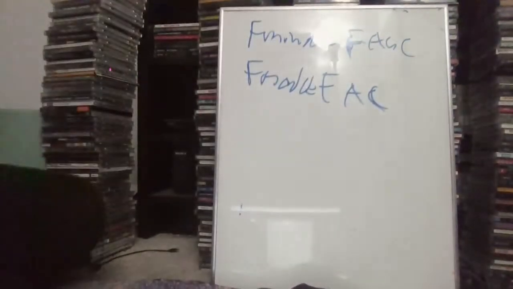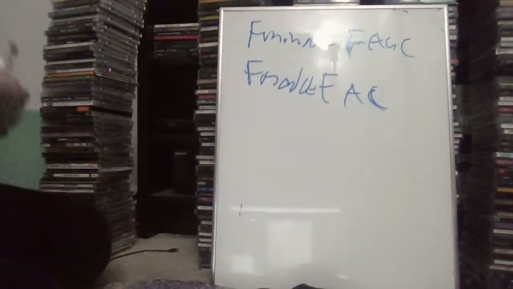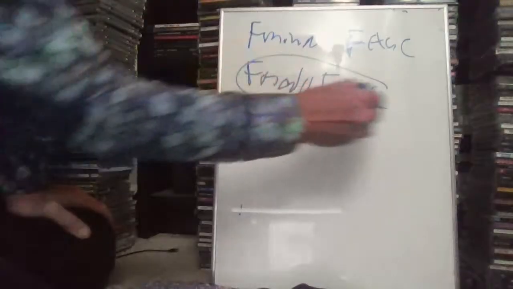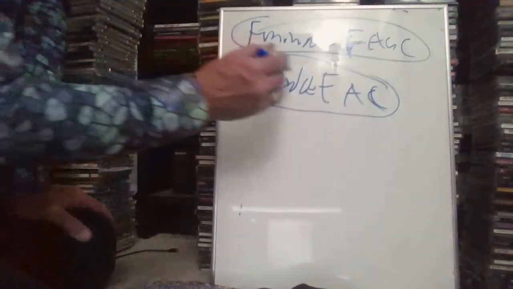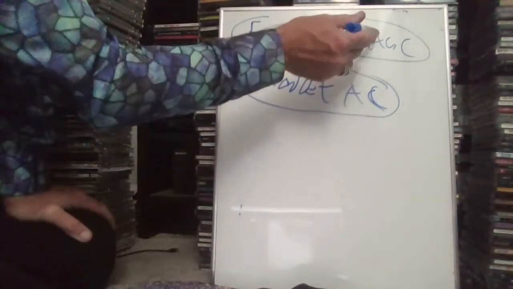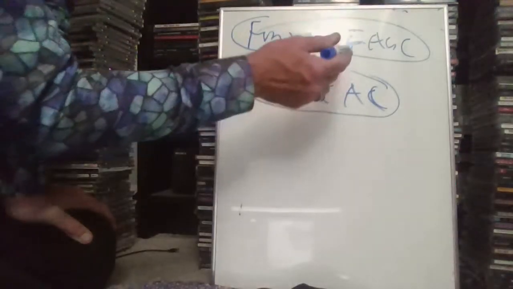All right. So another way of looking at it, the F major triad does exist in nature. The F minor doesn't, but yet if you look at it from the same starting point, a major triad is a minor triad with the third up a half step, and the minor triad is a major triad with the third down a half step.